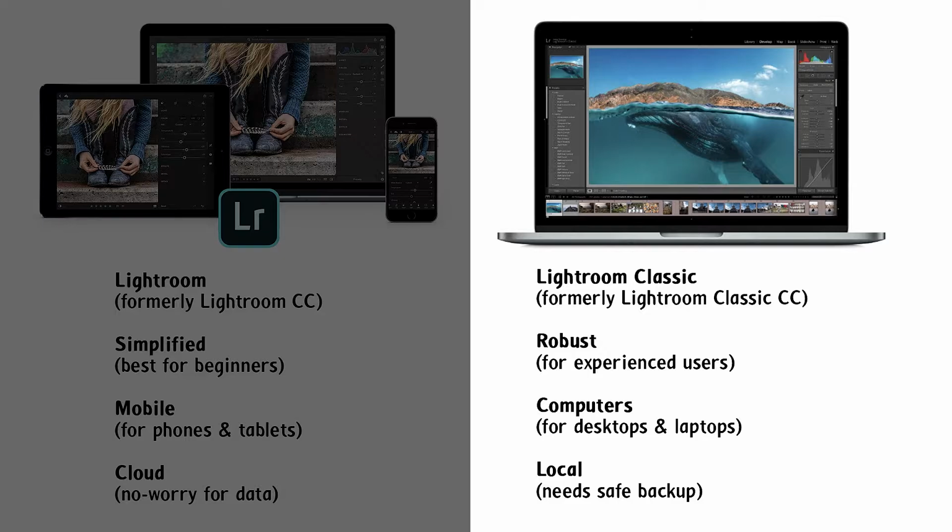And when we talk about Lightroom Classic, it is formerly known as Classic CC. Lightroom Classic is the newest desktop version of Lightroom. In October 2017, Adobe improved the speed of Lightroom, added new features, and changed the name of the product to Lightroom Classic. The benefit of Lightroom Classic is that it's a desktop version, it's very robust,